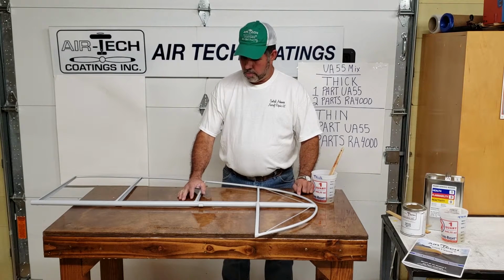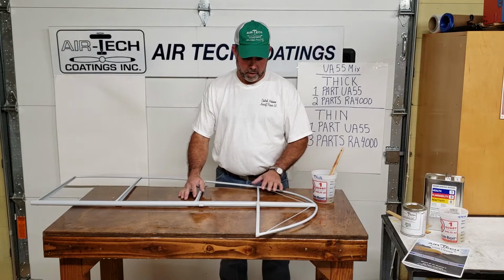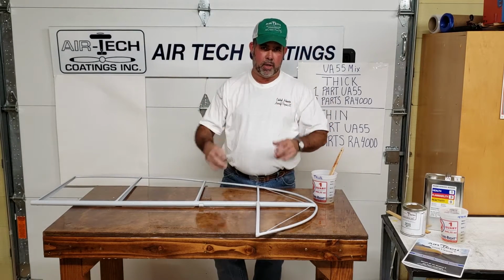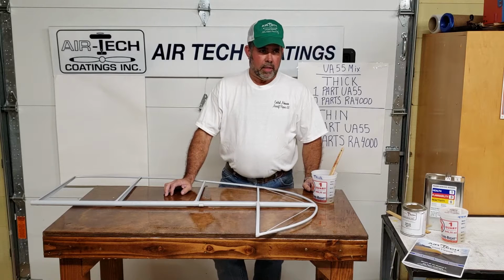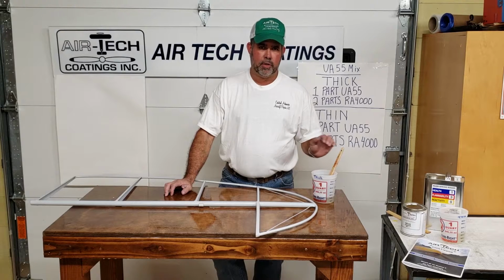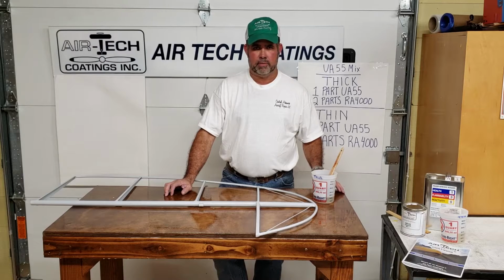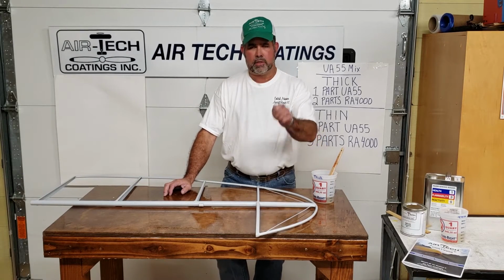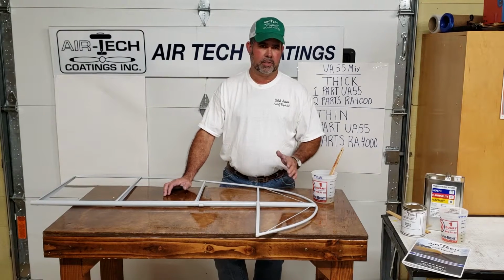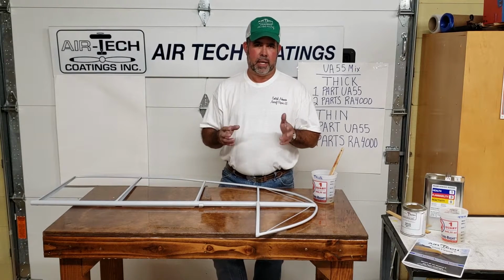But I shot some epoxy primer on it, and a lot of times it's fine to go ahead and put your cover right on this epoxy primer. We have a gray and a white, but if it's a fuselage, let's say you're going to see some interior parts and you're going to paint it with Airtech, we recommend that you do use the accelerator. That just really makes the paint get a full cure in a few days. And I don't recommend painting a fuselage and, say, the next day putting on this glue, because you could have an area that could get scuffed and it could try to roll up the glue a little bit. I like to see, in those situations, 5-6 days, and let that paint really cure,